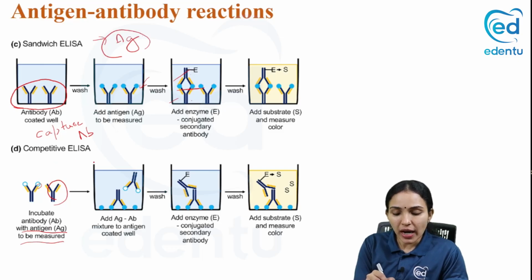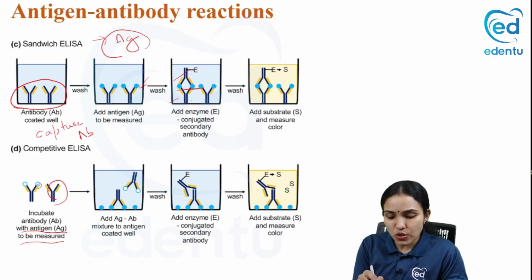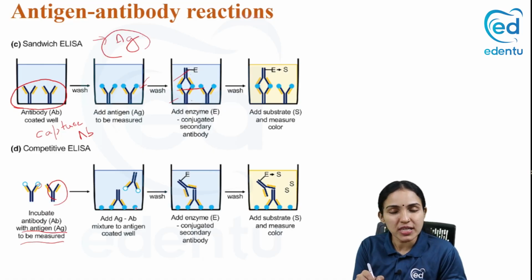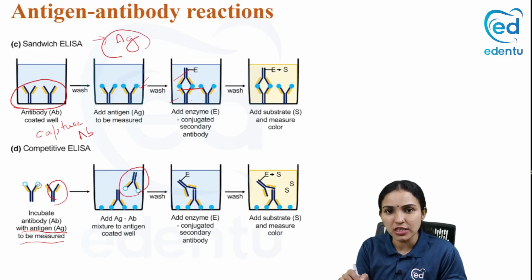So after that, you add this mixture to a well which is already coated with antigens, like the indirect ELISA. So here, what happens is, only the free antibodies can bind to these antigens coated on the well. The bound antibodies cannot bind to these antigens because they are already bound. They cannot bind. Now you wash it. Everything which is not bound to the well gets removed. You add the secondary antibody conjugated with enzyme, you add the substrate, you get the color, but this color will